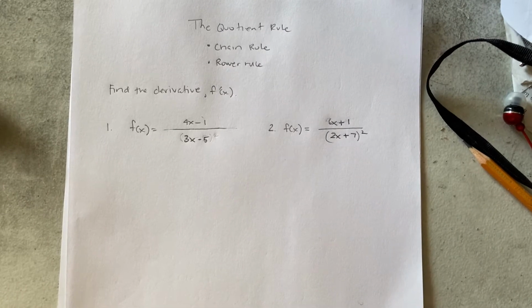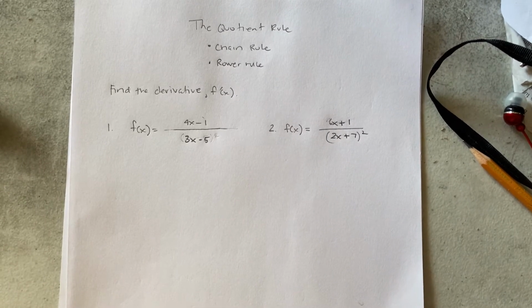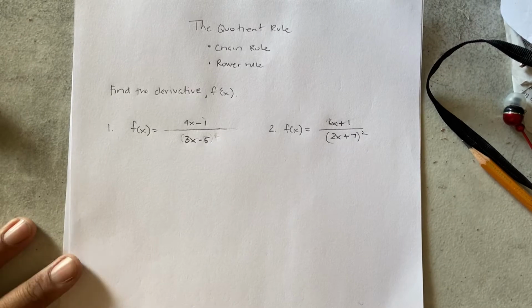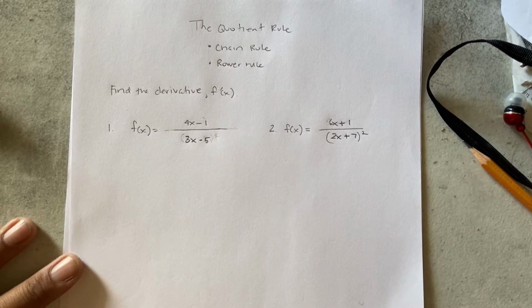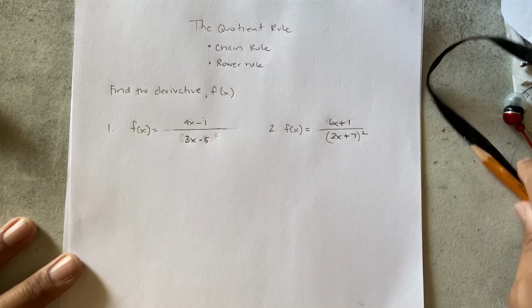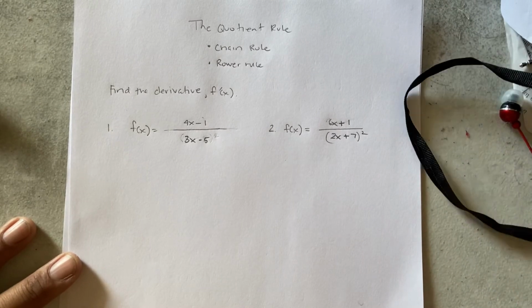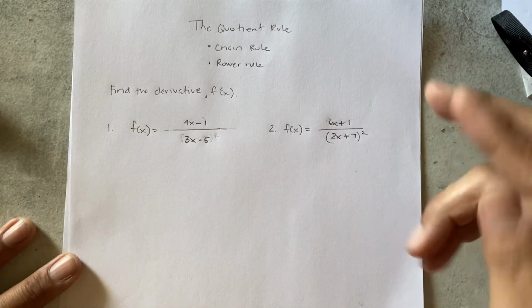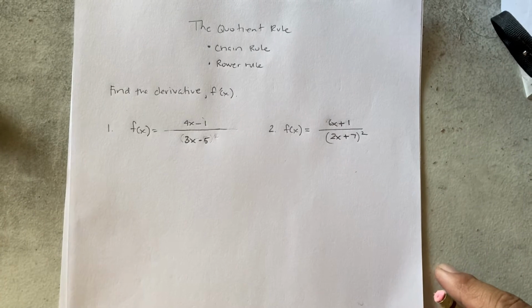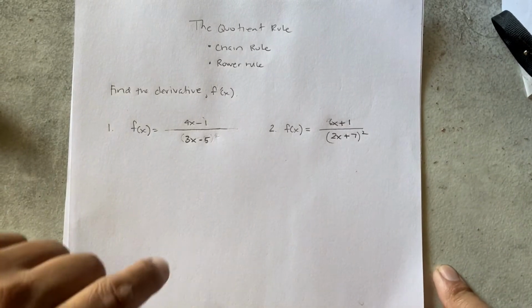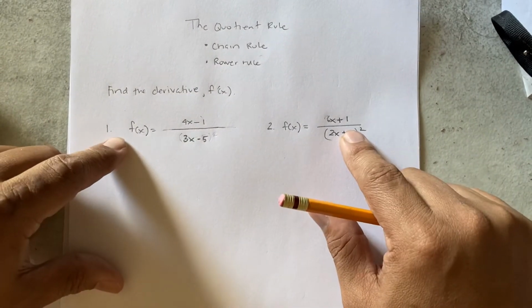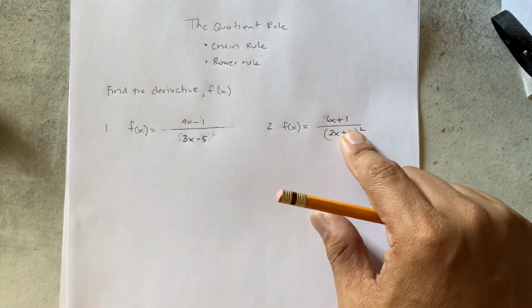Today we're looking at the quotient rule, the power rule, and the chain rule. What we're going to do is find the derivative of this rational function here. Before we get started, let me put up the